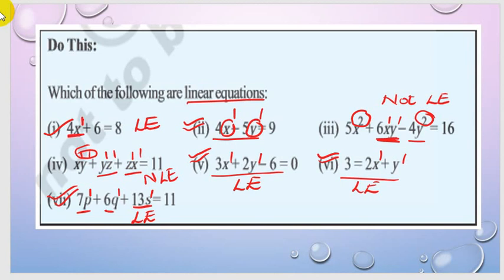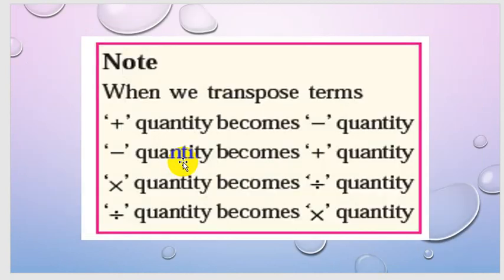Next we shall see the basics related to this particular linear equation in one variable. So what are the basics that we need to remember? So let us see them. See, these are nothing but the note points which we need to know. The main thing that is followed in this linear equation in one variable is the transposition. Since it is an equation, you will have an equality symbol.